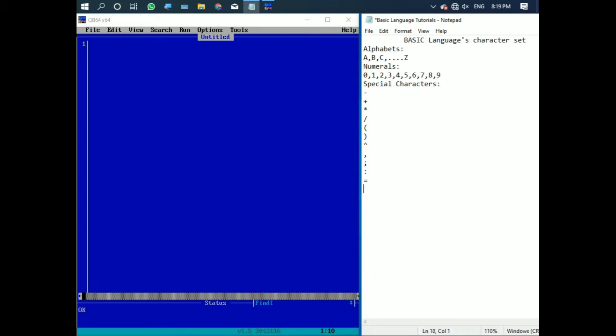Then full stop. So full stop, then this, then this, then the most common thing, which is this. So this is what we know is the question mark.